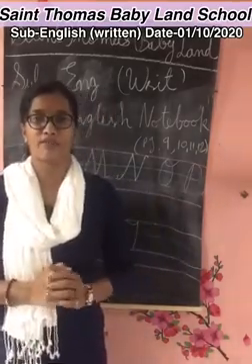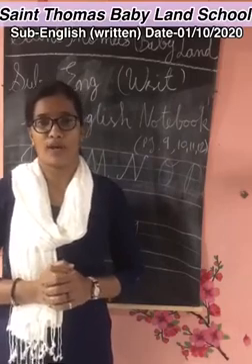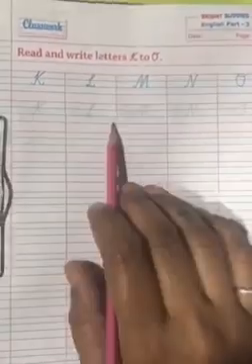So all these letters we have to write in our book, English notebook, page number 9 to 12. So let's start. Children, in the English notebook we completed reading and writing letters A to J. Today we start K, L, M, N, O. K to O. So open your book, My English Notebook, page number 9. Here you have to mention the date.